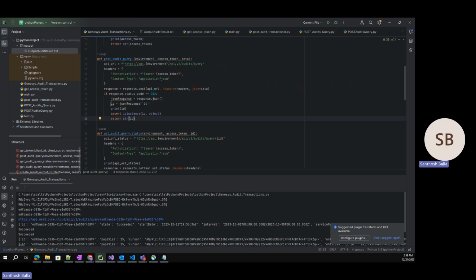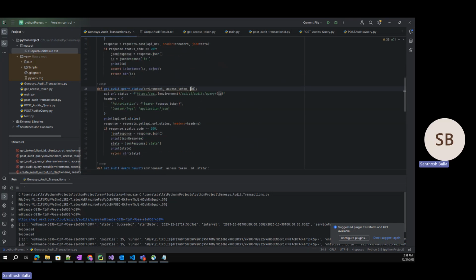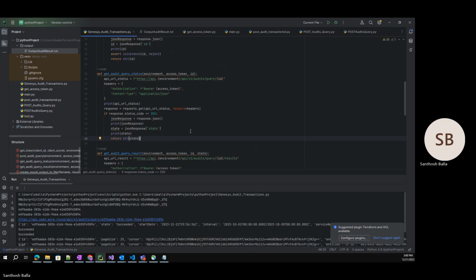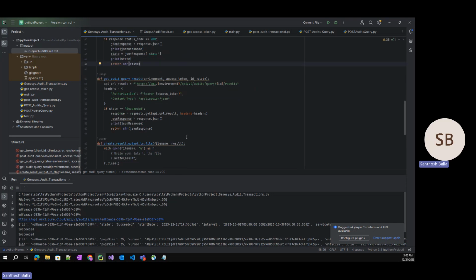You get a transaction ID. And using the transaction ID and the access token, you figure out whether the transaction has completed or not. It has to say succeeded. So we return that state here, saying that it's succeeded. And then we pass that to this function, and see if we can get the result,